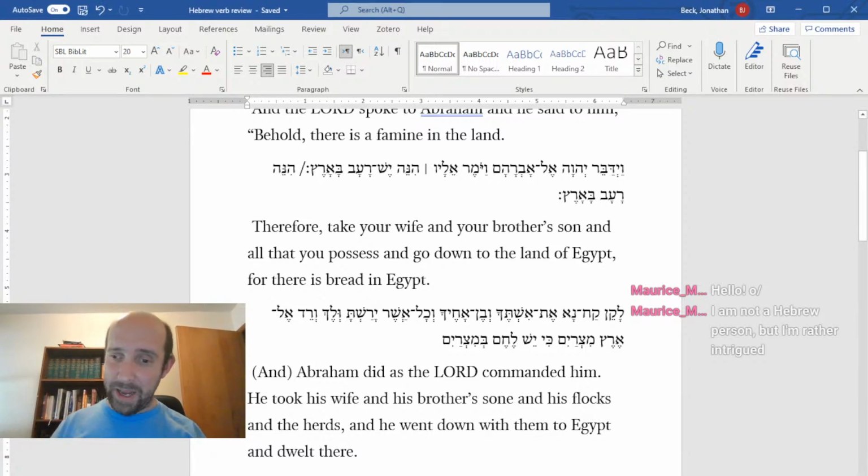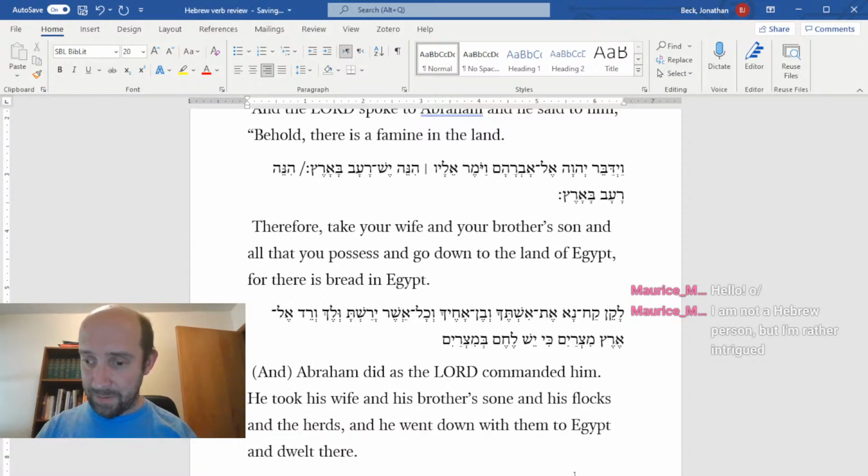So Abraham did. Oh, I'm sorry. You wouldn't want to use Vayehi. You would want to use Vayaas. Abraham did. Past narrative triggers verb, subject inversion. Vayaas Avraham